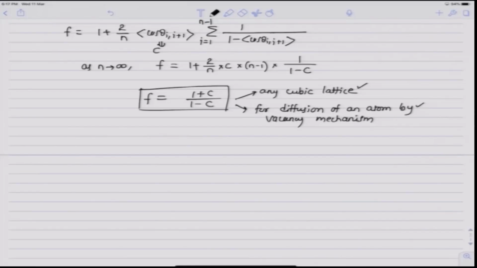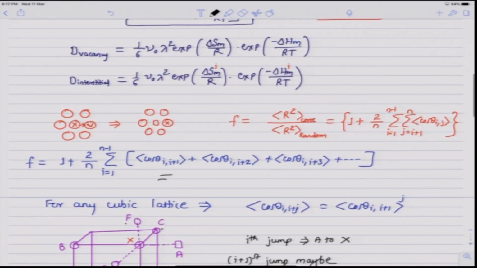Now, it should be noted that the average of cos theta i+1 will always be less than 0 for the cubic lattice, and so f will always be less than 1. This is because, as illustrated here, considering the jumps in one plane of an atom X, the second jump of atom X here will most probably be back into the same vacancy. So, that is the most probable sequence, and this nullifies the contribution to diffusion from